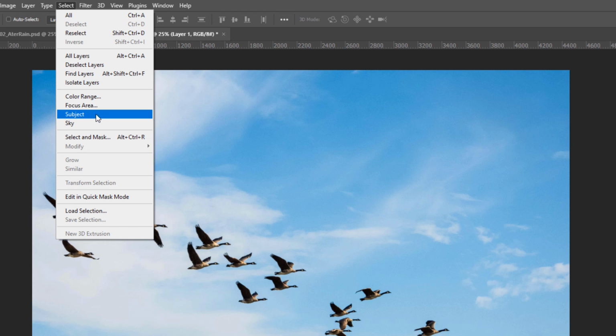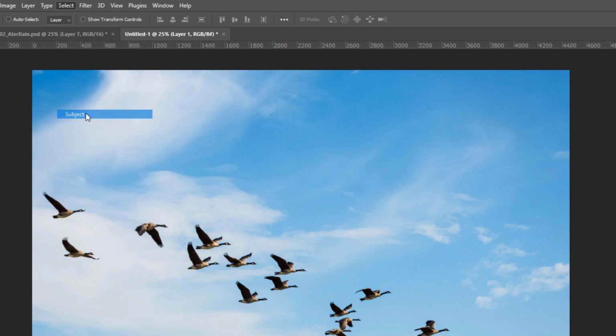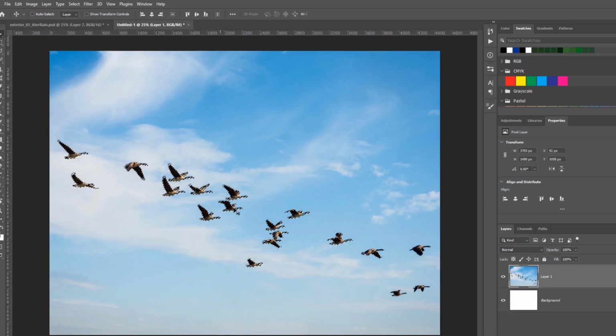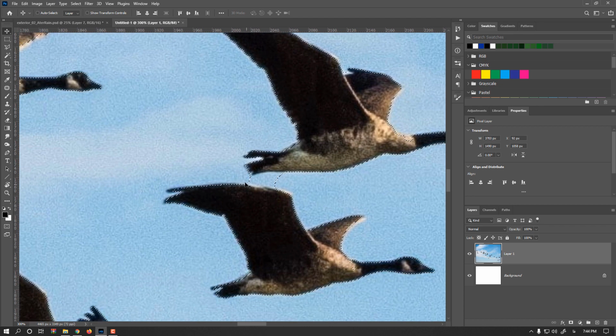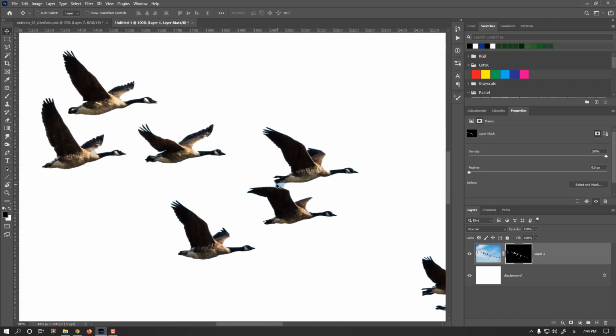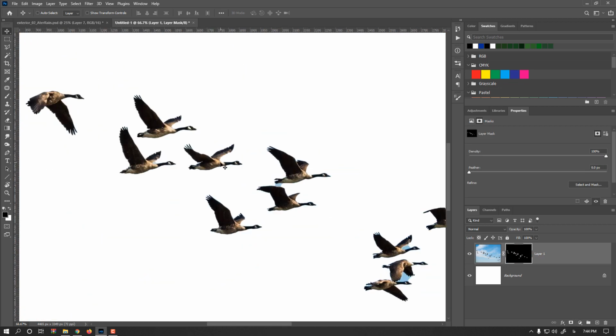So we could select the subject simply by clicking once, wait, and as you see, Photoshop selected almost very good, but in some positions we need adjustment. So while the subjects are selected, I'm creating a mask, and we could refine the rest of the mask adjustment. While your mask is selected, click on Select and Mask,